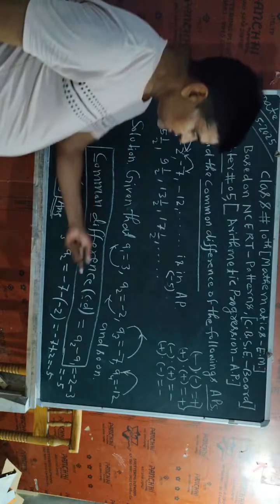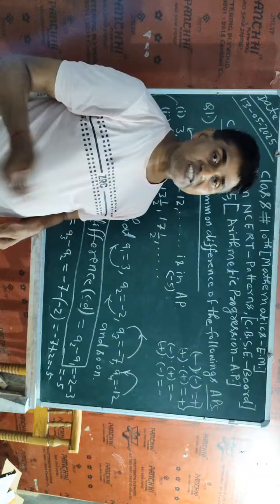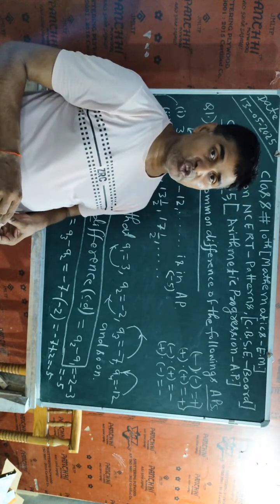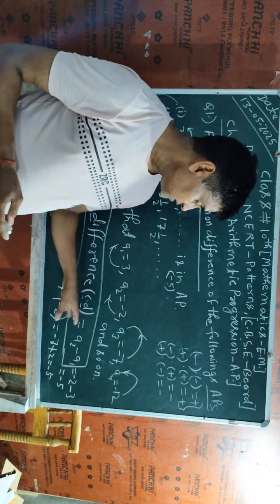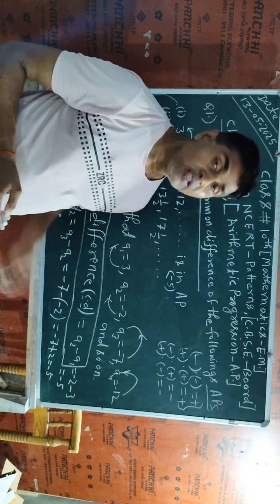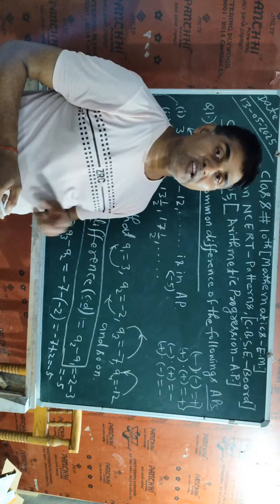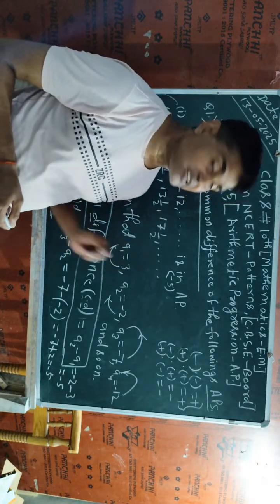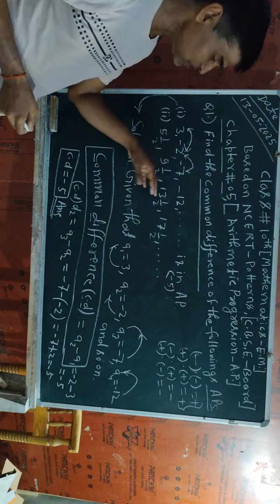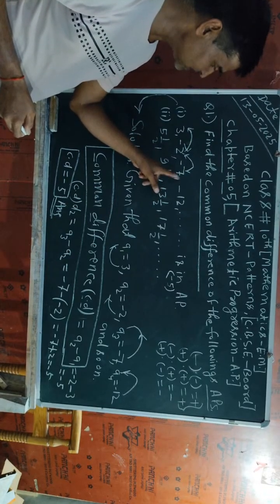So the common difference, as a shortcut, I will write common difference is equal to 8 minus 7. If the next two numbers are taken, both numbers have to be consecutive. If any student wants to find the common difference from the series, the student has to take consecutive numbers. In other words, if a student has to take the common difference of this series, one student will take minus 7 and the other